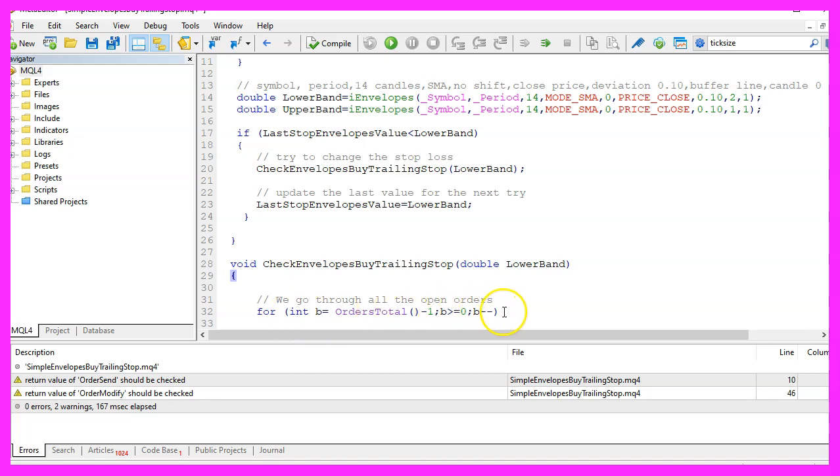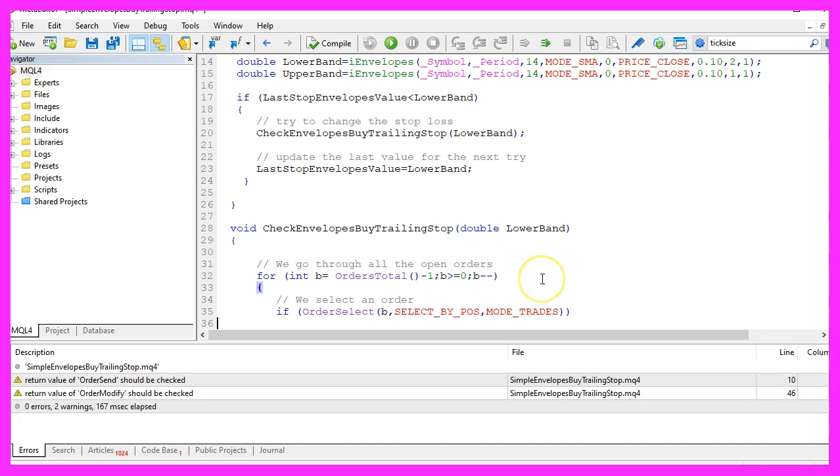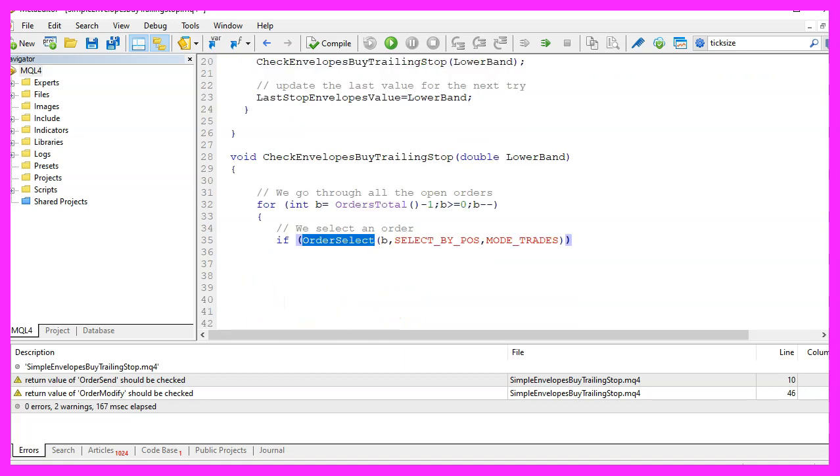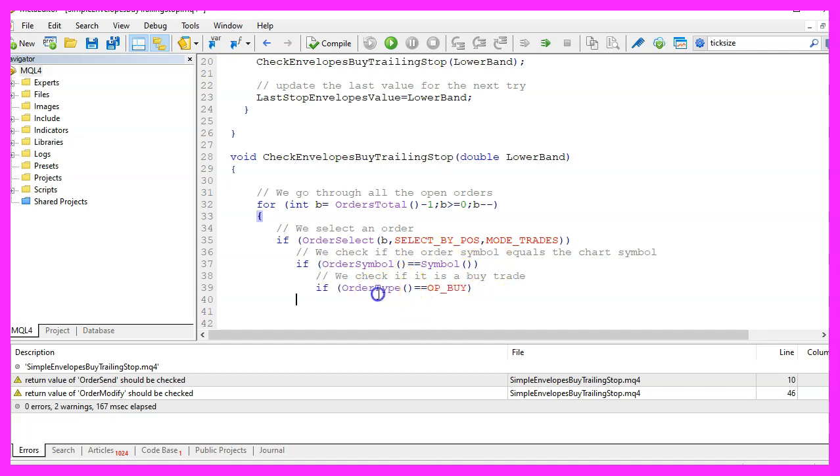Afterwards we are going to use a for loop to go through all the open orders. And for each order we want to use order select to select the order. Then we want to check if the current order symbol equals the symbol on the chart. On top of that, we want to check if the order type equals OP buy, so it's a buy trade.